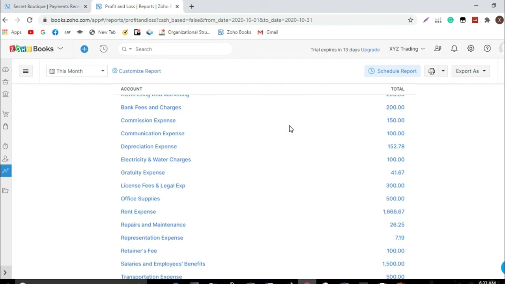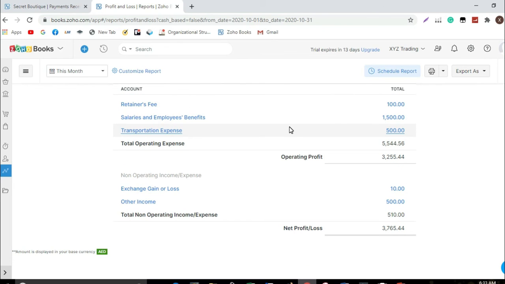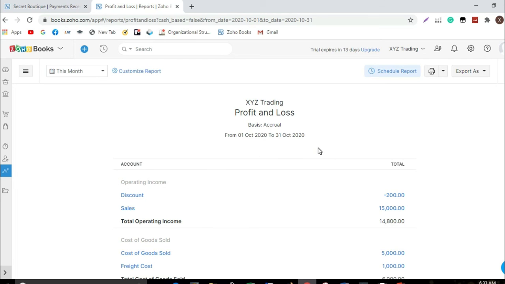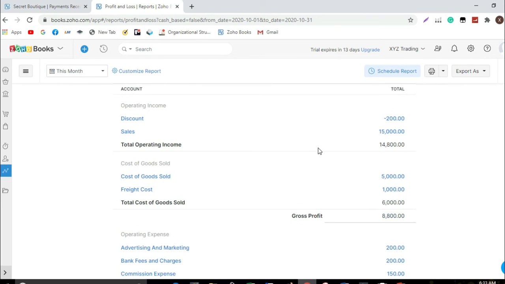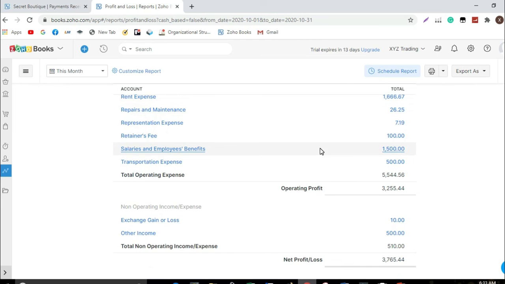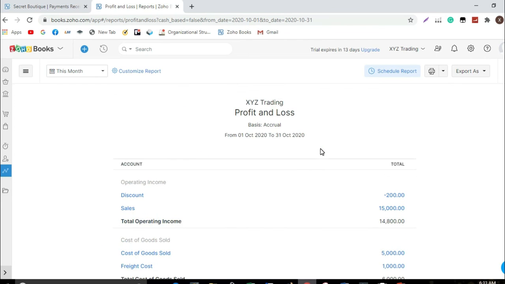So that's what I've been doing, guys. Every time I post one account, I always review these reports, the balance sheet and income statement, or the profit and loss statement, to check that the entries I made are correct and reflect on the reports, following the proper procedure on posting the transactions.